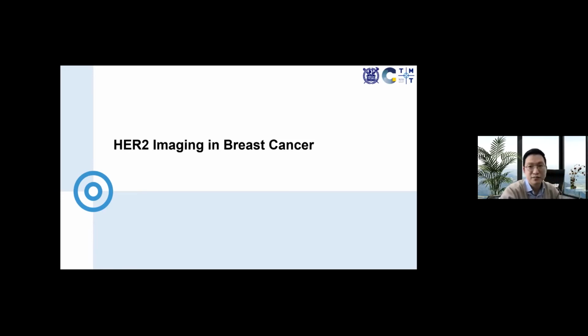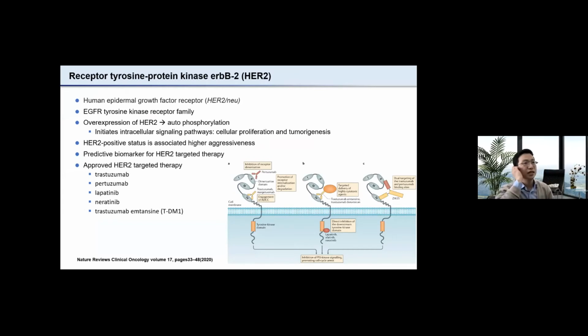Although it's been there for decades, it's not used in the clinic yet. As you know, there are a lot of molecular imaging tracers, including FES, as you asked. But I think HER2 imaging has very good promise for patient stratification and